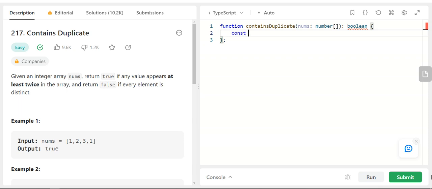So const, we'll just call it lookup. It would be of type, the key would be of type string, and the value would be of type boolean. So we'll store each number as true or false. Now let me loop through this array, so nums.forEach,